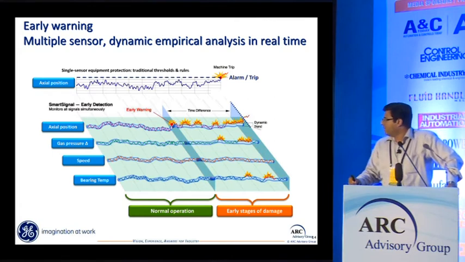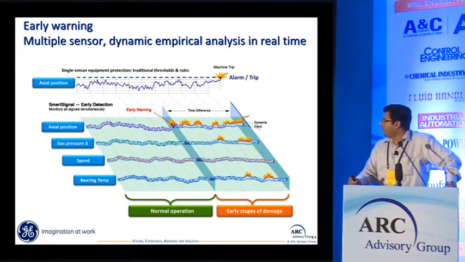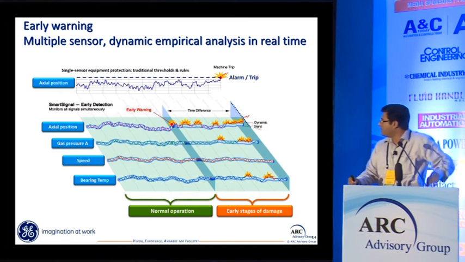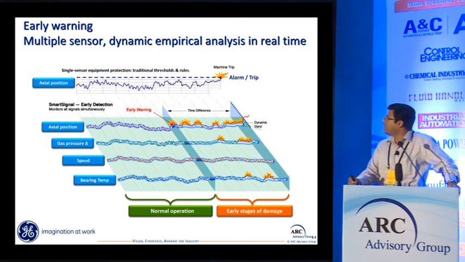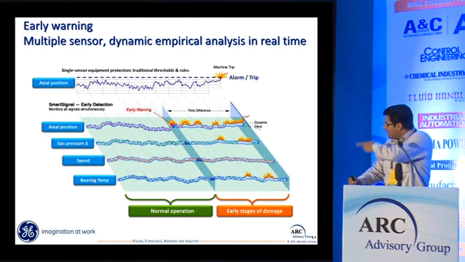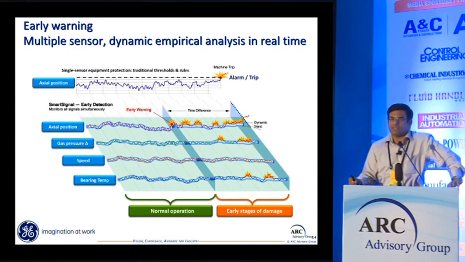Again, an example here. If we had gone by the standard automation system, the alarm, the trip signal, would have happened. Before that, a lot of failures would have already occurred. The bearings would have got damaged. The axial position itself was behaving erratically at a time when the threshold was not even recognizing it. So this ends much earlier from a normal operation stage, although the automation system would not be able to detect it.